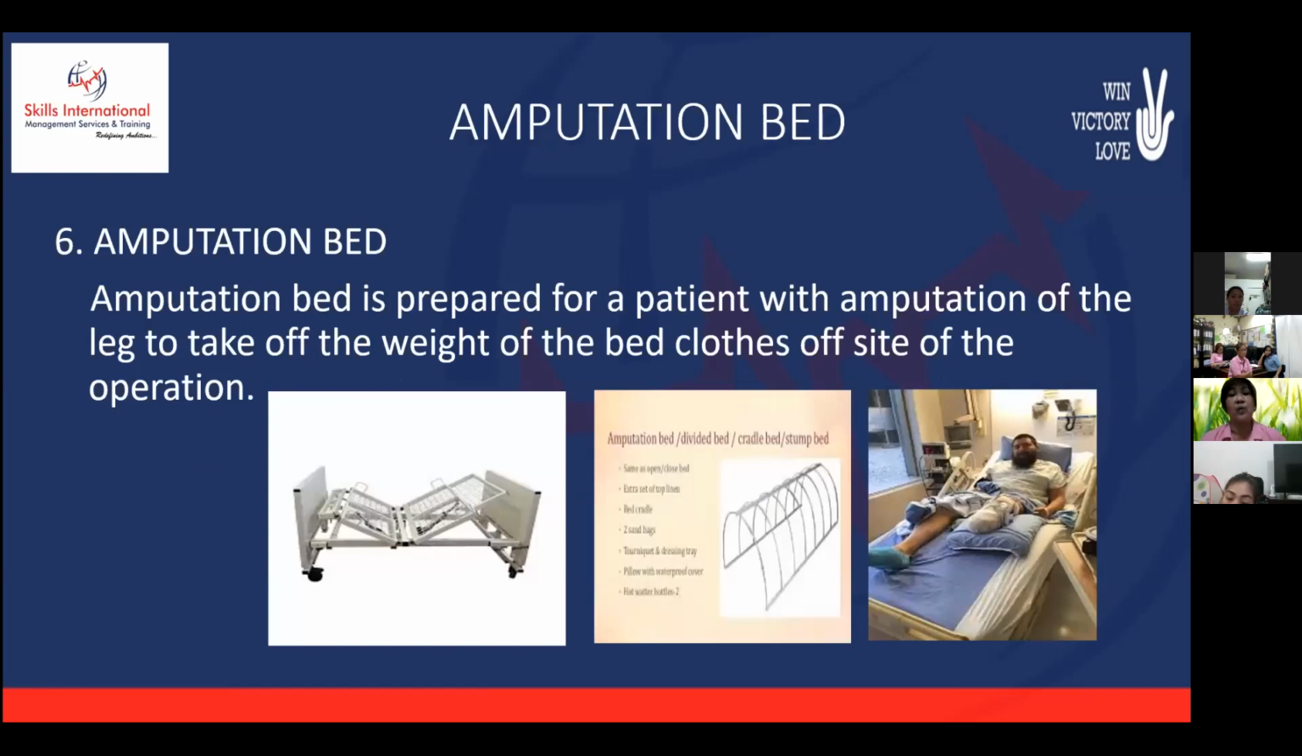Number 6, we have the amputation bed. Amputation bed is prepared for a patient with amputation of the leg, to take off the weight of the bed clothes off the site of the operation. So the amputation bed is used for those patients